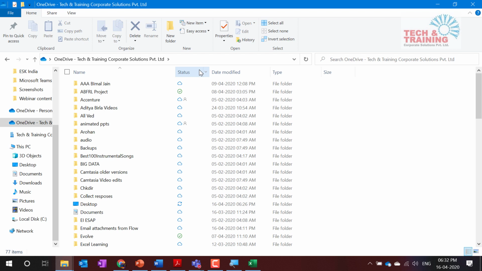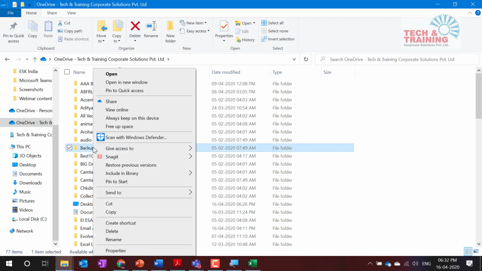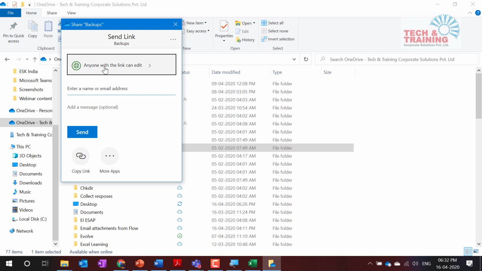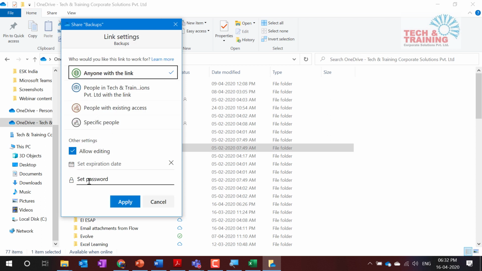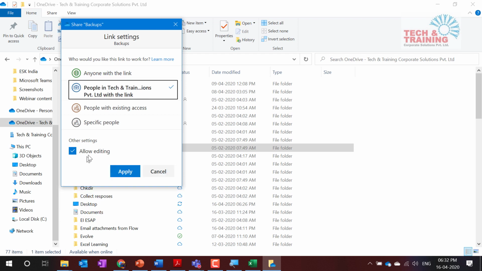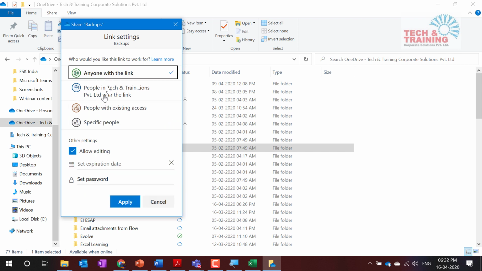Let me tell you what he's trying to ask. You remember I spoke about sharing with a password. You can right click, go ahead and share, and here there is an option to share with a password. This password option and expiration option, by the way, is available only with anyone with the link. See, if I use this, both the options are gone. Password and expiration date are both available only with this particular feature, anyone with the link. And in most organizations, this option will be disabled.